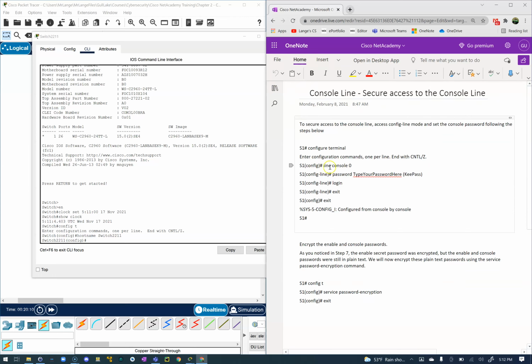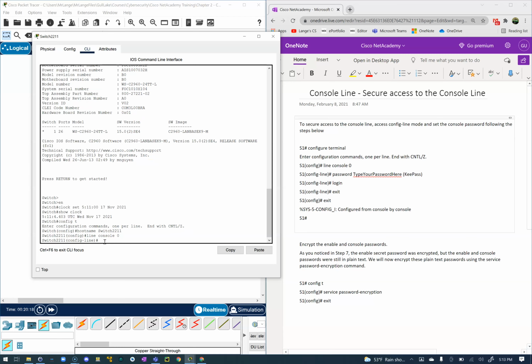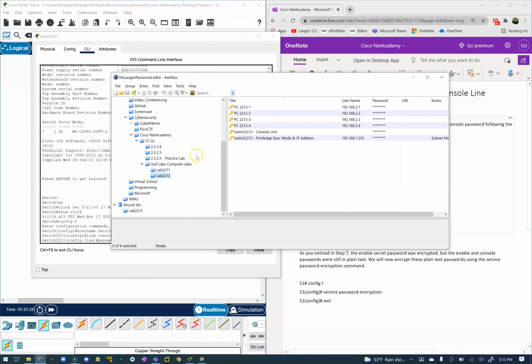So I do need to be in config mode, and I'm going to go ahead and type in line console 0, enter. And you can see that my config has now changed to config line, and according to my notes, that's what I need. Password, and this is where I have a note that says KeePass there. So I'm going to go to my KeePass, make sure I'm in lab 2211. This is my switch 2211, and there is my password for it. So I'm going to double click it